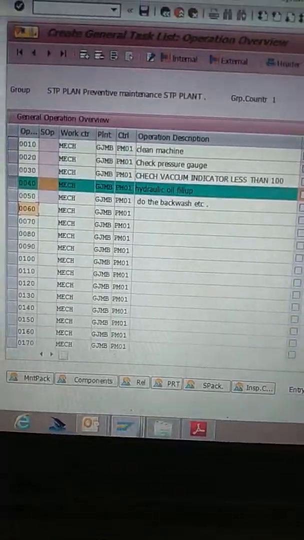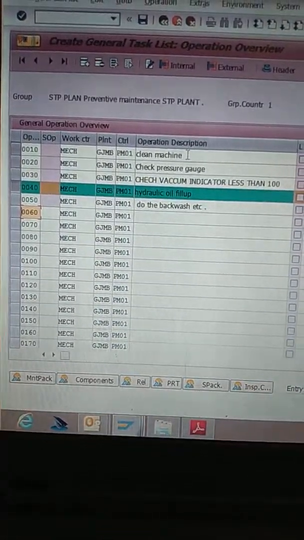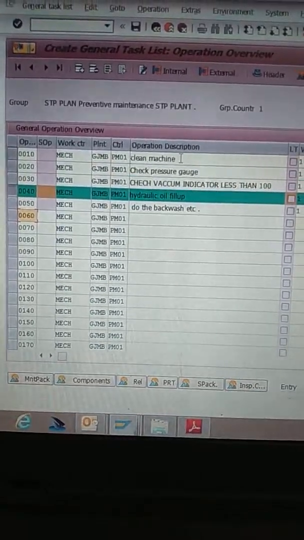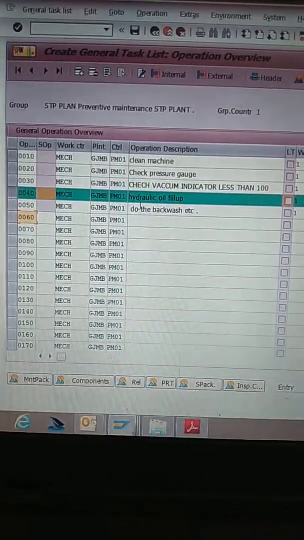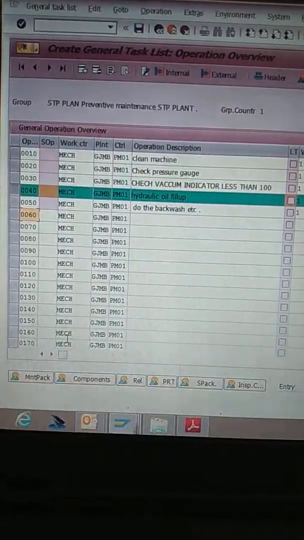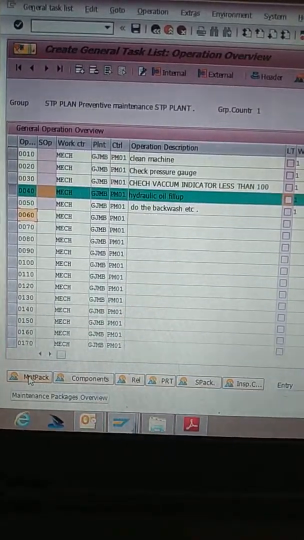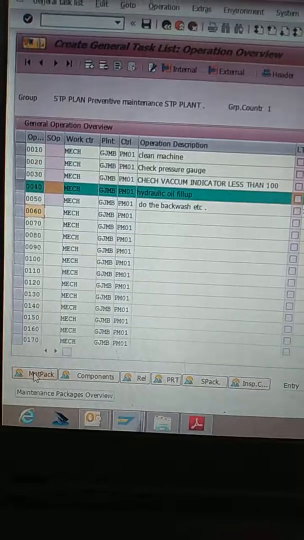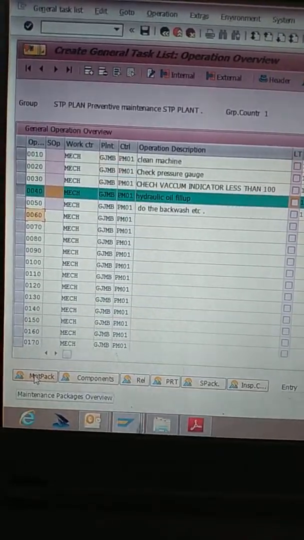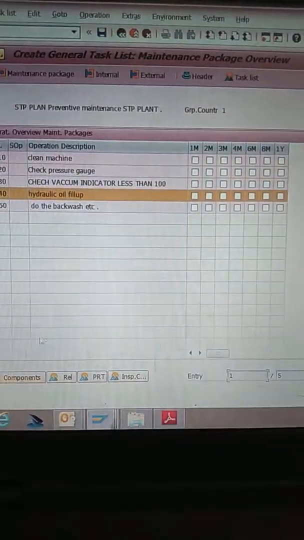Now going on, all the operation descriptions are entered here. Check pressure gauge, check active indicator, hydraulic oil fill up, backwash, etc. Now going to the maintenance package, maintenance packages overview. Click here, and